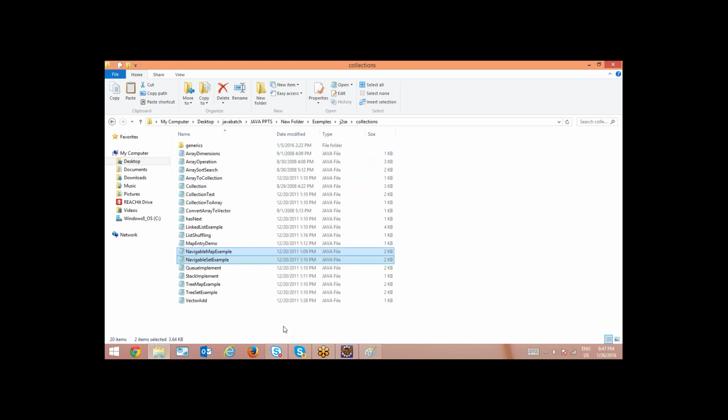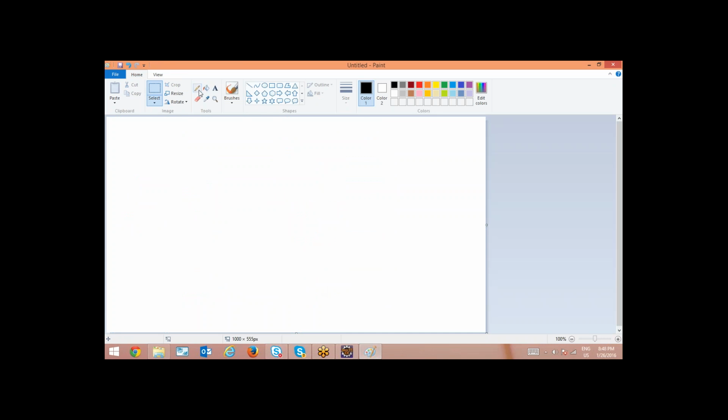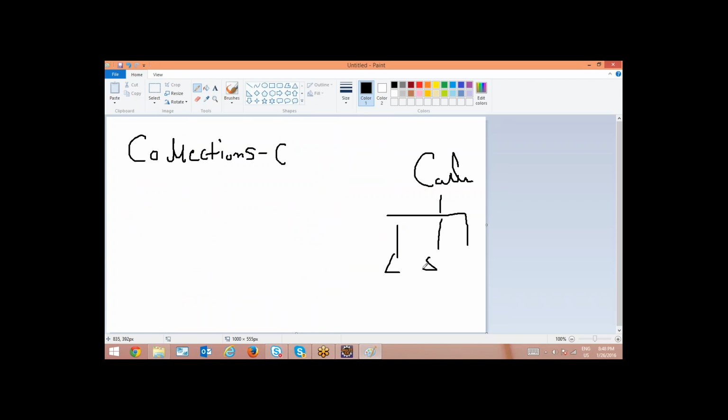And next, in a normal Collection interface, we have the basic methods, but there are two more classes introduced in Java. One is called Collections, which is a class. So far in the hierarchy what we are discussing is the Collection interface, for which we have list, set and maps, right?